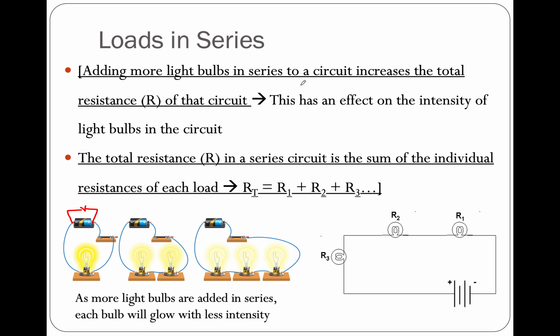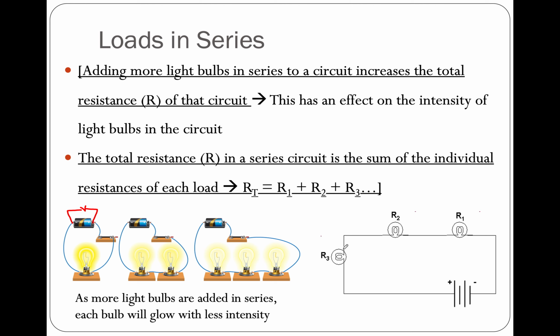So adding more light bulbs in series to a circuit increases the total resistance of that circuit. This has an effect on the intensity of light bulbs in the circuit. So the more bulbs we add, they will each have a little bit of resistance, so it's going to slow down the overall current as well, right? And that means that if we add more bulbs in series, then each bulb gets dimmer the more bulbs we add. So if we have 3, they'll have a certain brightness, but if we add 4, then all of them will be dimmer, versus if we took a bulb out,